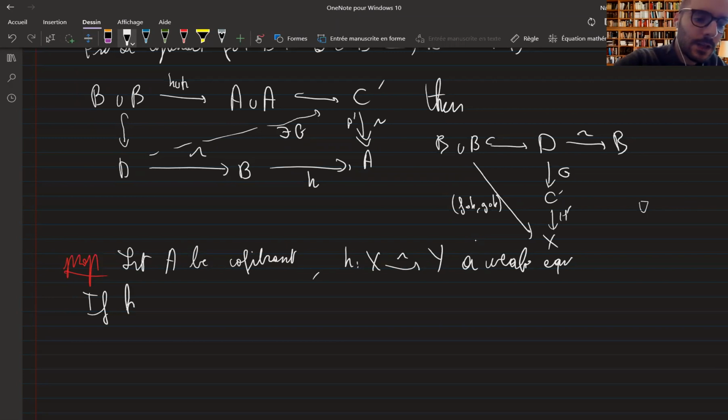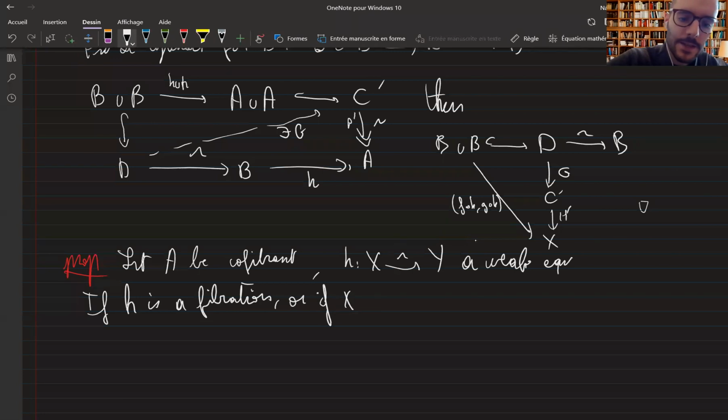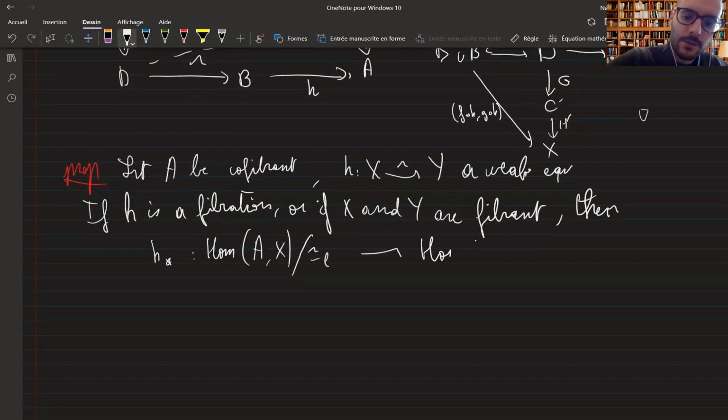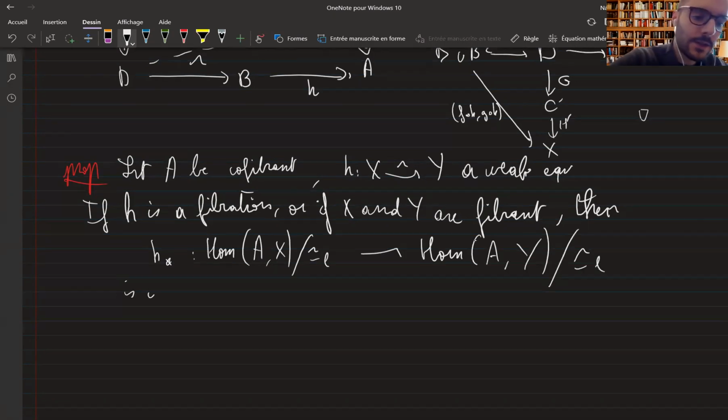If H is a fibration, which is in this case acyclic, or if X and Y are fibrant, then H star, which goes from Hom of A, X mod the relation to Hom of A, Y modulo relation, is a bijection, which essentially means that,